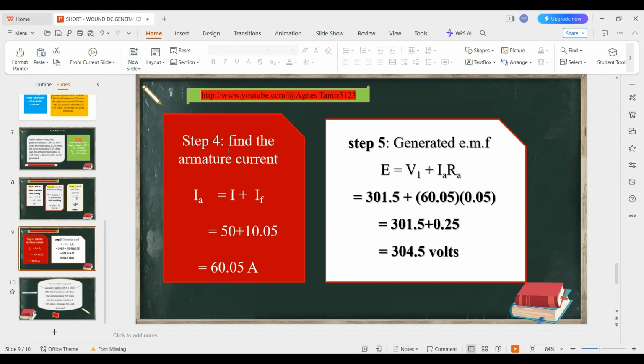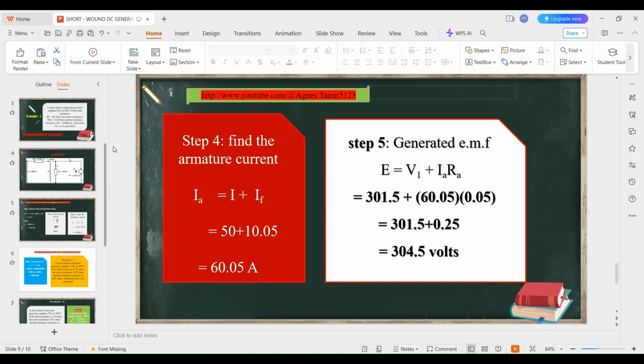In step 4, we are looking at the armature current. You can combine these two steps, that's why I've said the last step. We have said in the previous example that using Kirchhoff's law, if you draw the diagram, sorry I didn't draw the diagram, but you can draw it using the first example that we have learned. Using Kirchhoff's current law, we know that current flowing into a junction is equal to the sum of the currents leaving the junction. Let me just illustrate very fast